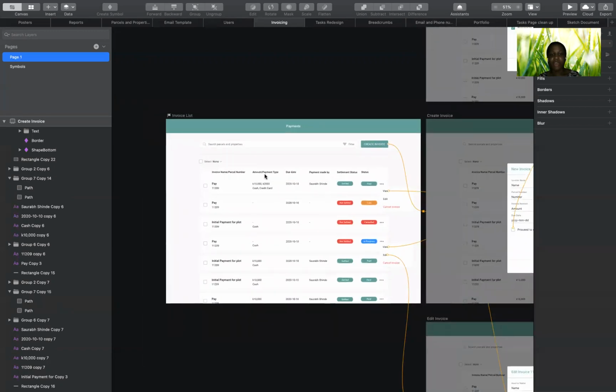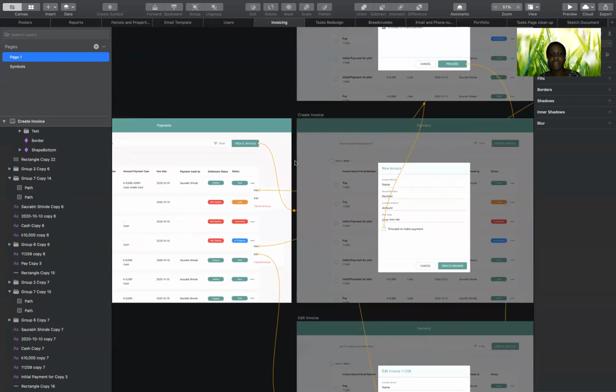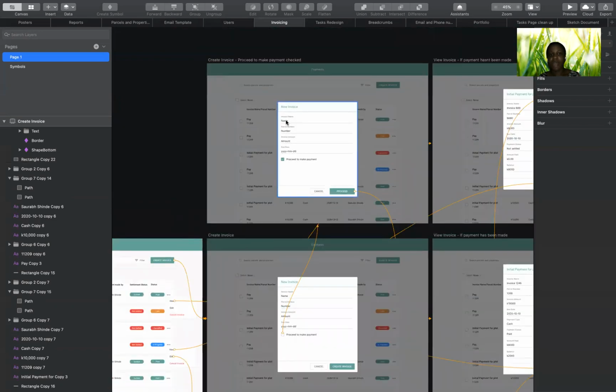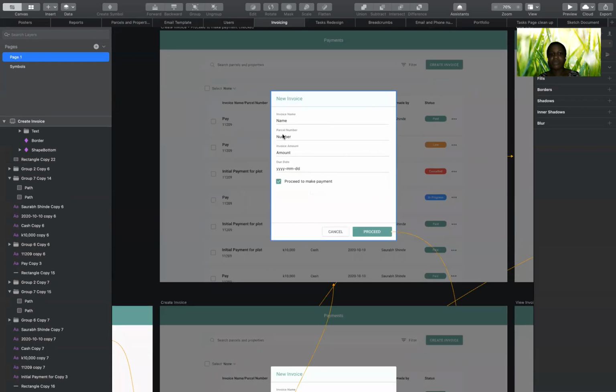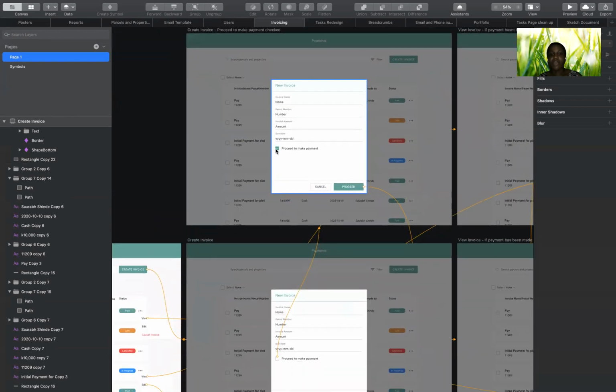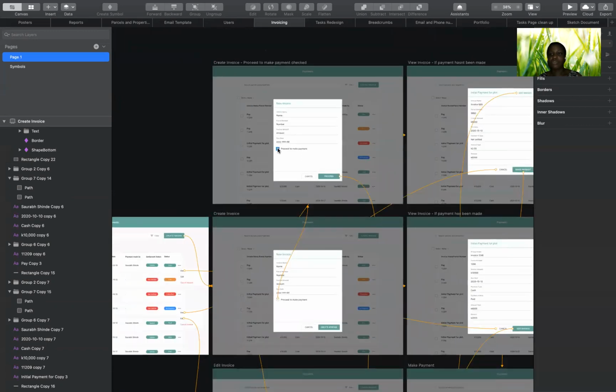But yeah, you can see all invoices. You can create an invoice, you can filter an invoice, you can view and edit or cancel an invoice. So for all invoices you are creating, you have the invoice name, the parcel number, the invoice amount, and then the due date. While creating an invoice, you may decide to go ahead to proceed to make a payment